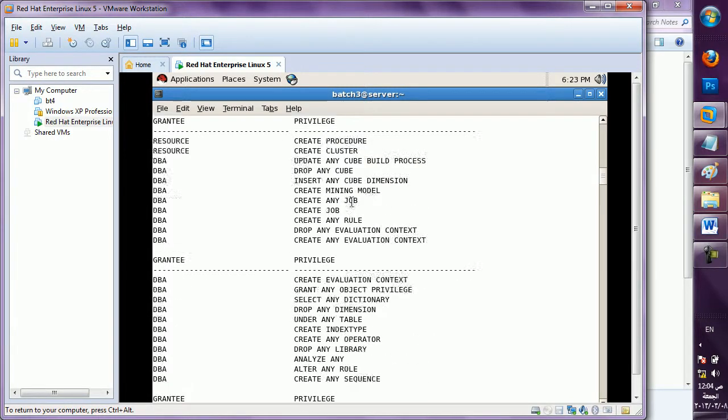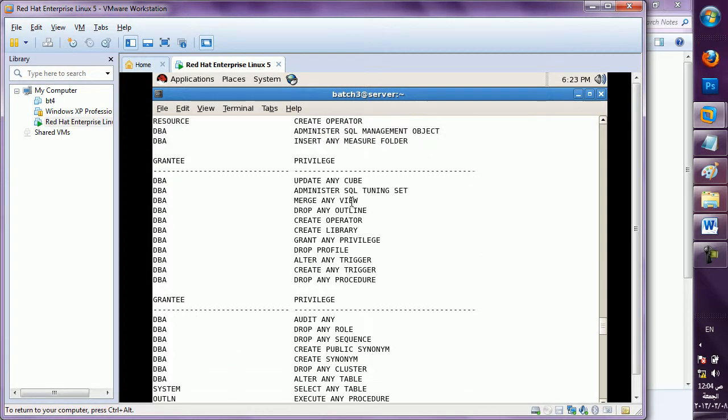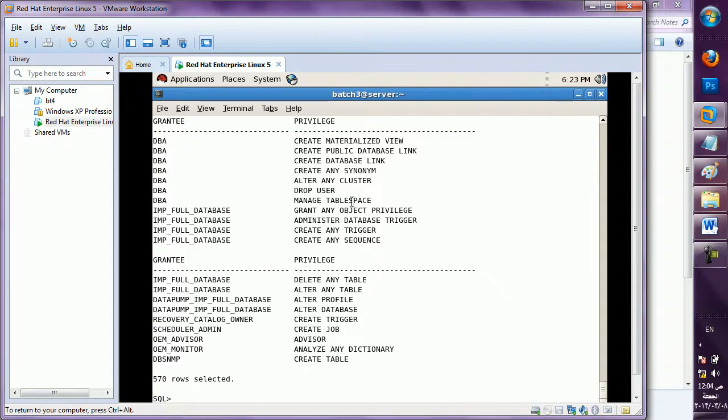So for grantee, you can directly check the u1 user; you can specify the username there. For example, select star from dba_sys_privs where grantee equal to production.